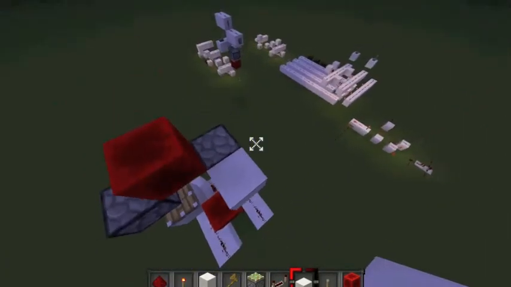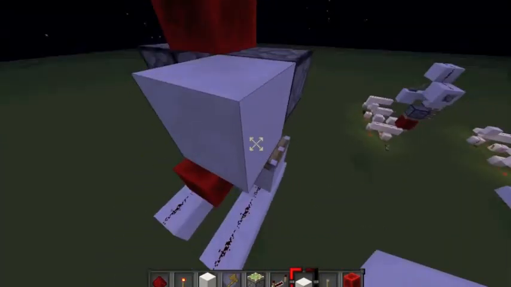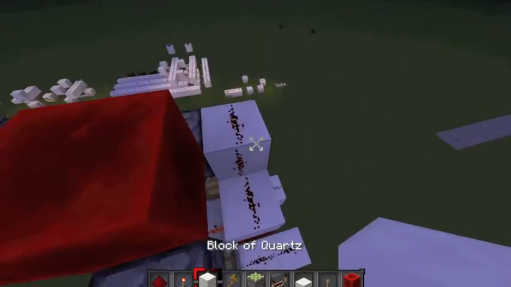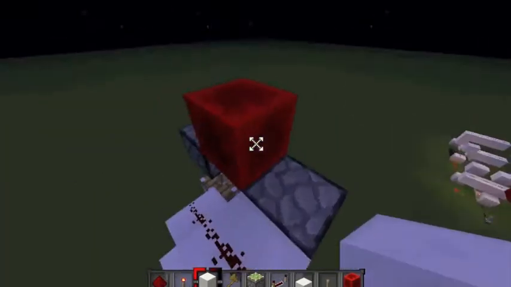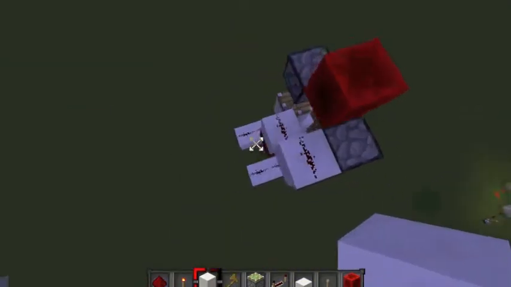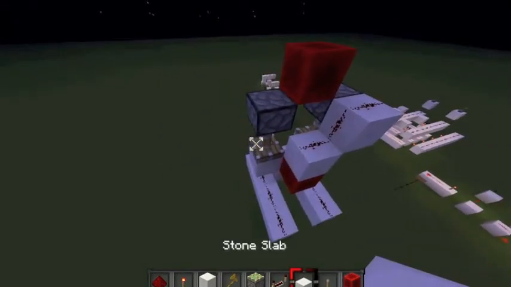But in the meantime, as you can see right here, if we just attach a wire to that, then we can actually power this line, and we'll make it so that regardless of whether this is extended or retracted, this will constantly output 0,